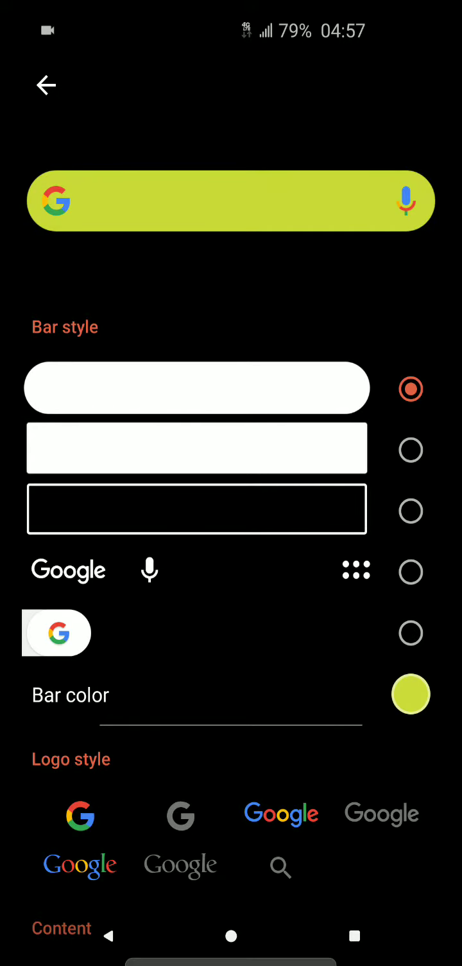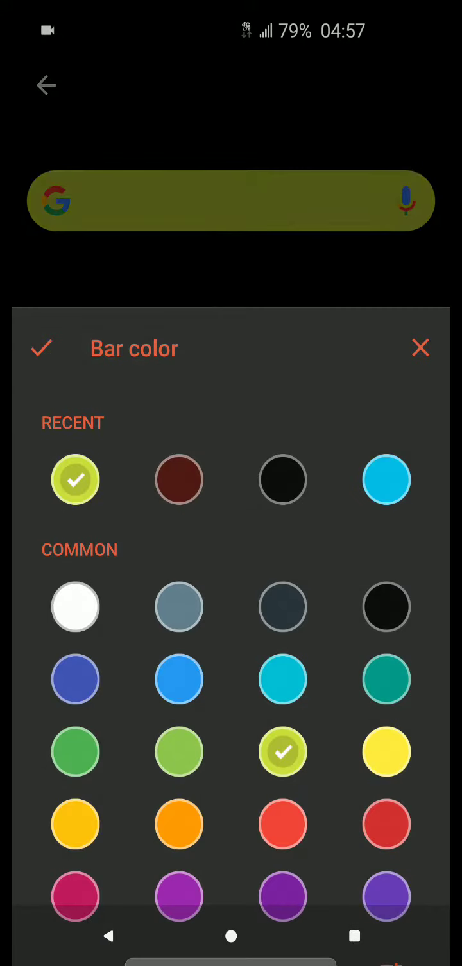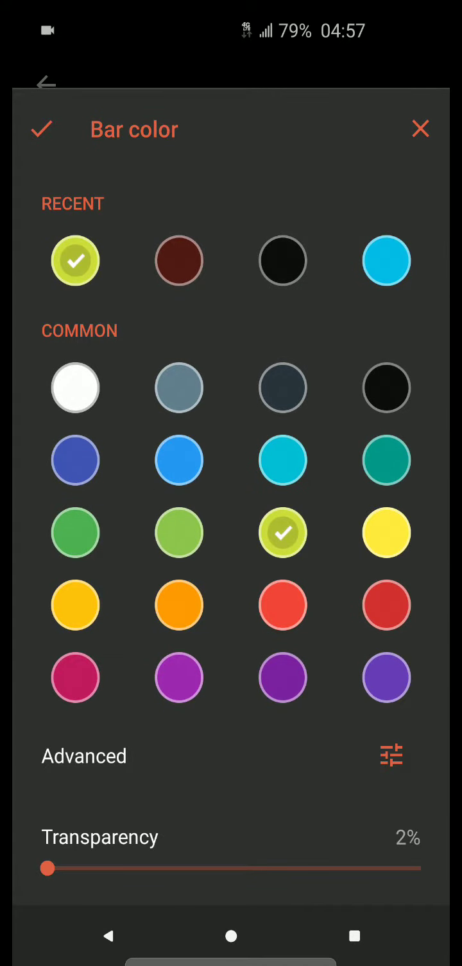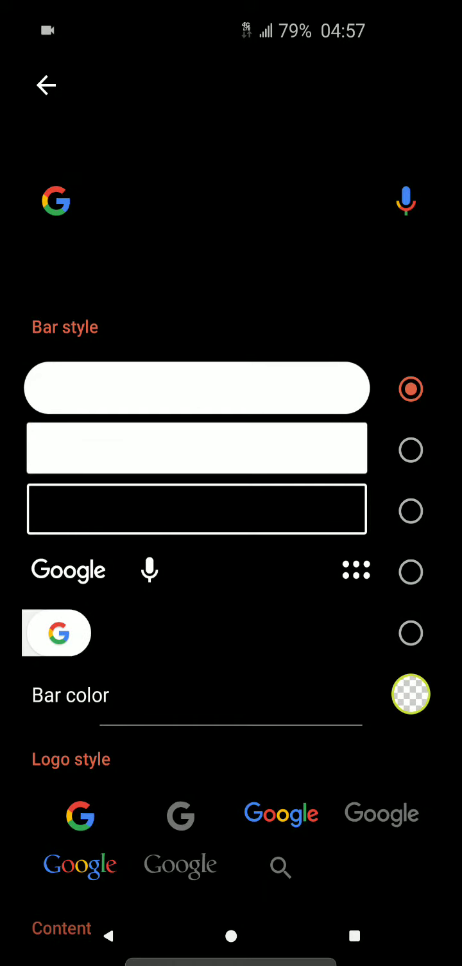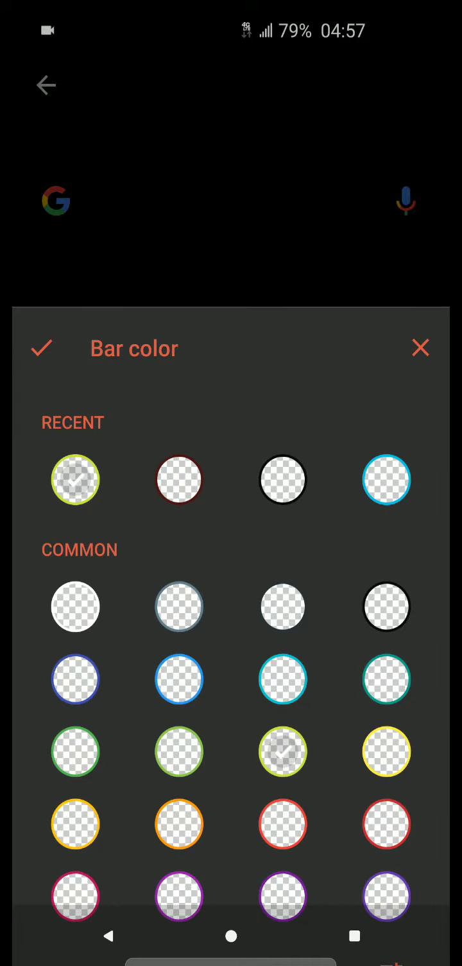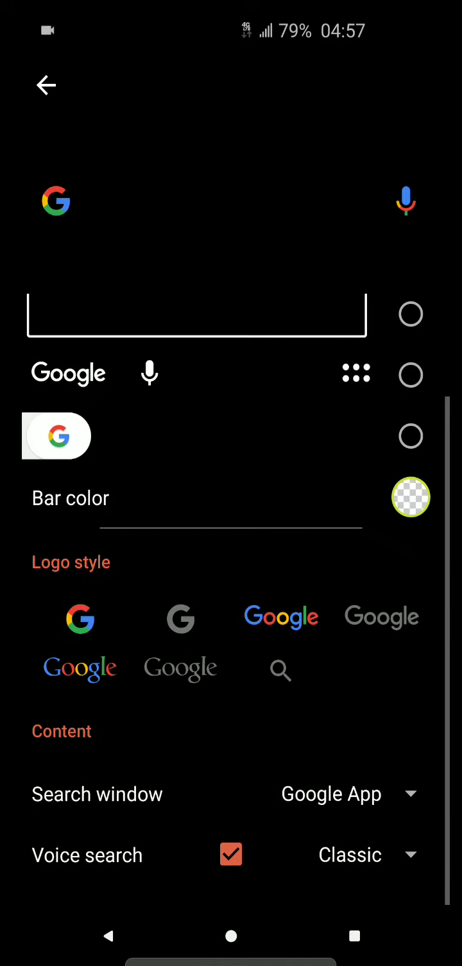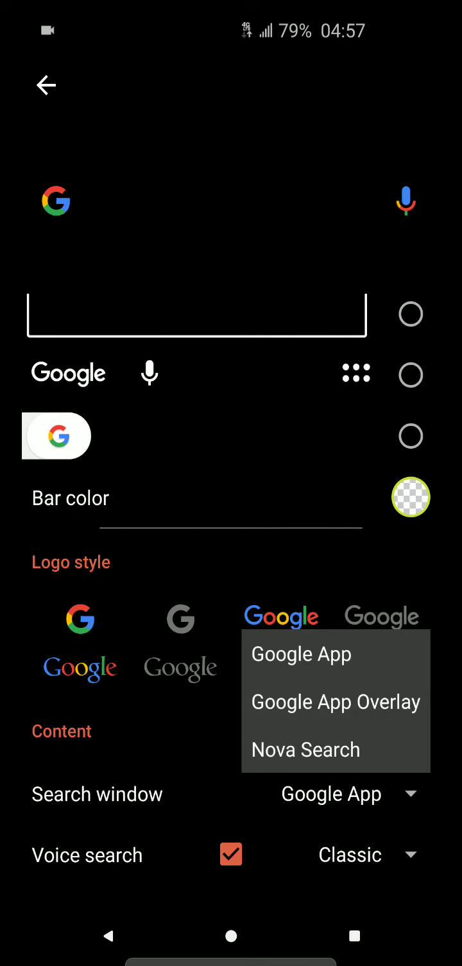Me personally, I prefer that, and I prefer transparency. To note, Nova settings do not take effect unless you are sure to hit that check mark. Otherwise, they'll say, maybe you didn't mean to do it. Whatever. Search window. So, you can do Nova search, which basically does app searching and